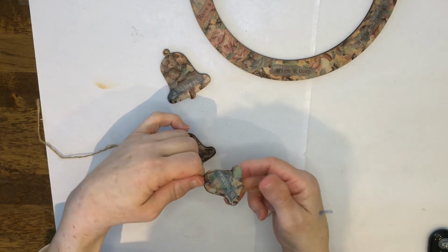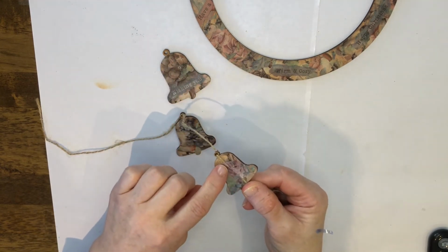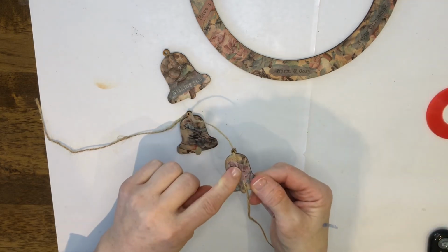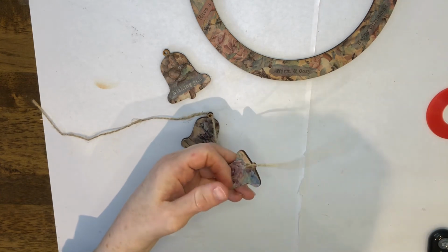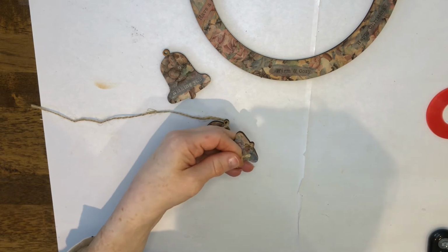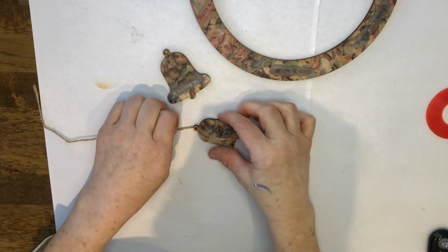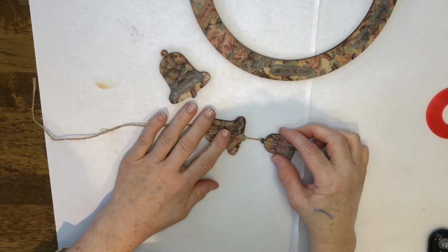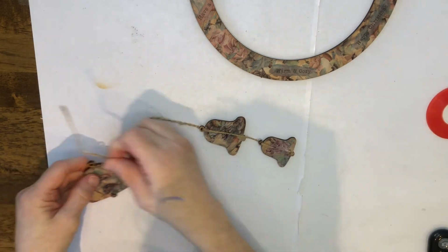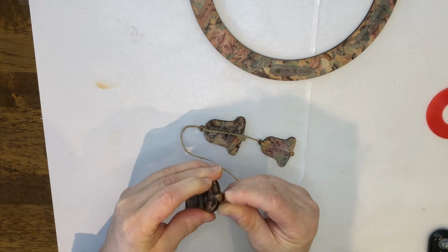So I have the cord on the smallest bell, and on the back of it I have secured the cord with some red liner tape, and I then covered the red liner tape with some washi tape so I get a nicer finish. I'm just going to trim off that little piece of cord, and I'm going to repeat the process here with the next bell. So I'm going to add some red liner tape here, and I'm going to cover it with washi, and also the third bell. We'll attach it, just thread the cord through,